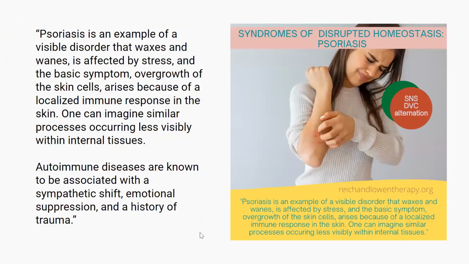Psoriasis is an example of a visible disorder that waxes and wanes, is affected by stress, and the basic symptom of overgrowth of the skin cells arises because of a localized immune response in the skin. One can imagine similar processes occurring less visibly within the internal tissues. And as mentioned before, autoimmune diseases are known to be associated with a sympathetic shift, emotional suppression, and a history